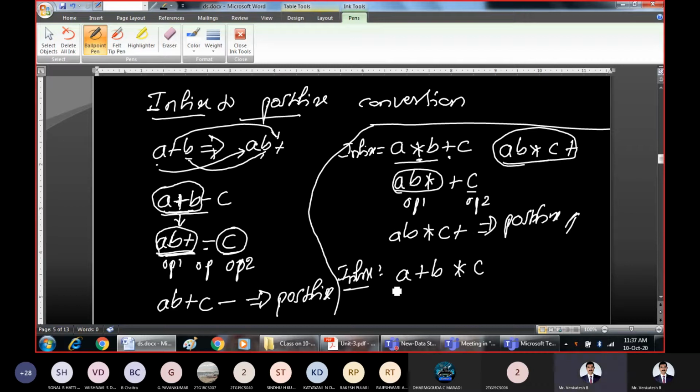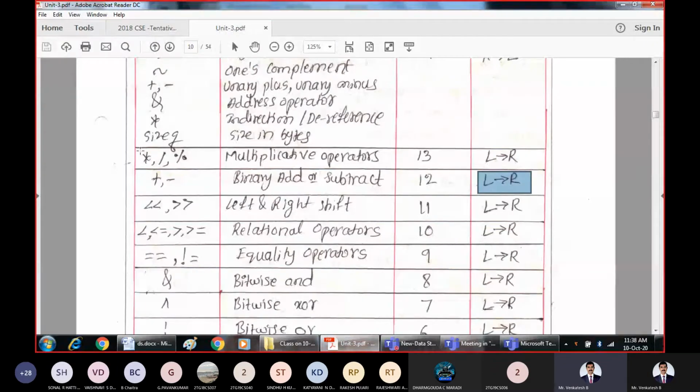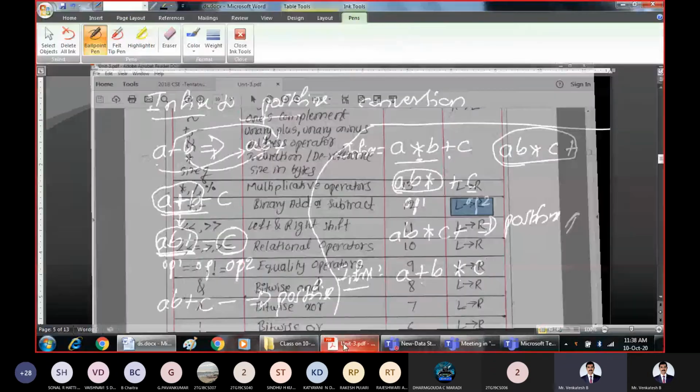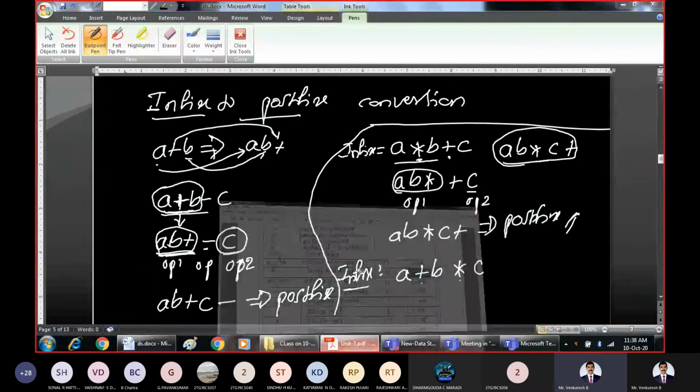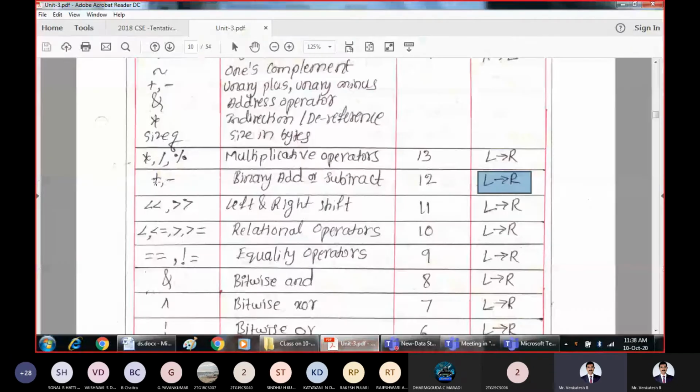Any answers? Postfix form for this expression now. Here the priority changes. When there are two operators, you have to look for the priority. So as per this table, see here. How many operators do we have here? We have one plus operator, another one is star operator. Go for the priority and check the precedence. What is that? Star and plus.